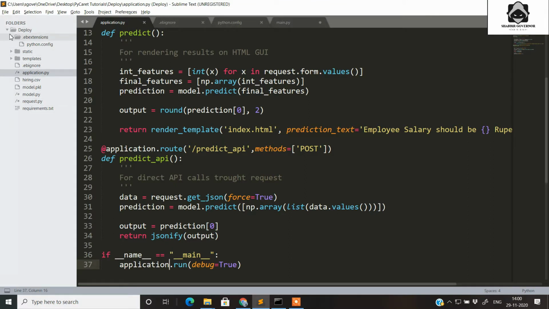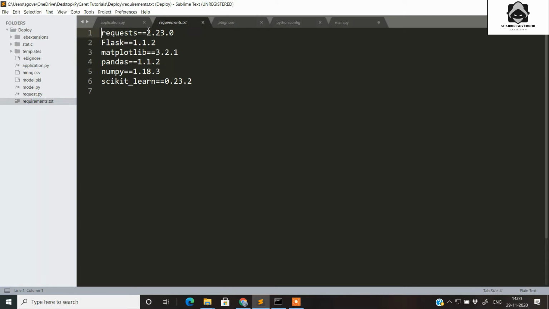Besides that, we require one more file here, which is the requirements.txt file. If you are not aware of requirements.txt, it has the records of all the modules which we use in our projects, along with the version numbers. So if you are creating a new environment and planning to run the same application on your system, you will require this requirements.txt, and it is always required whenever you are uploading to any cloud platform. You can get this requirements.txt by running pip freeze